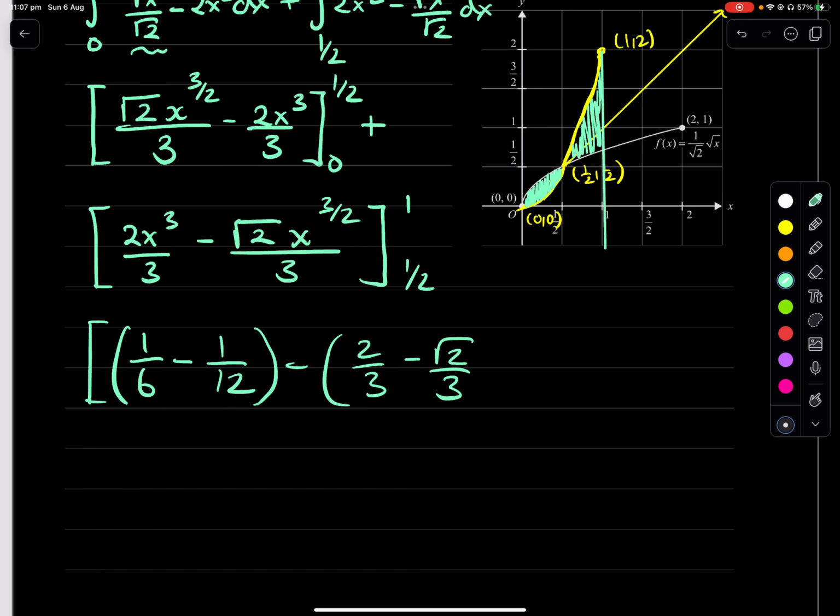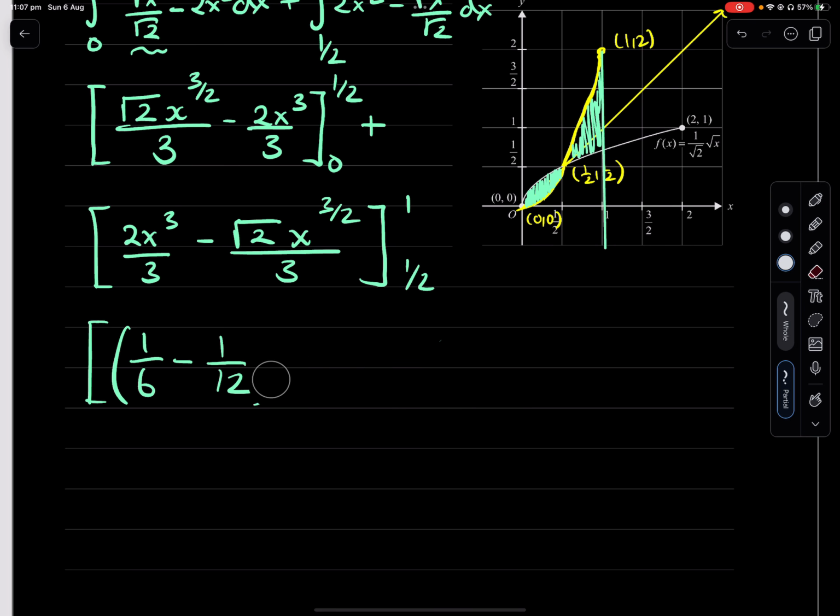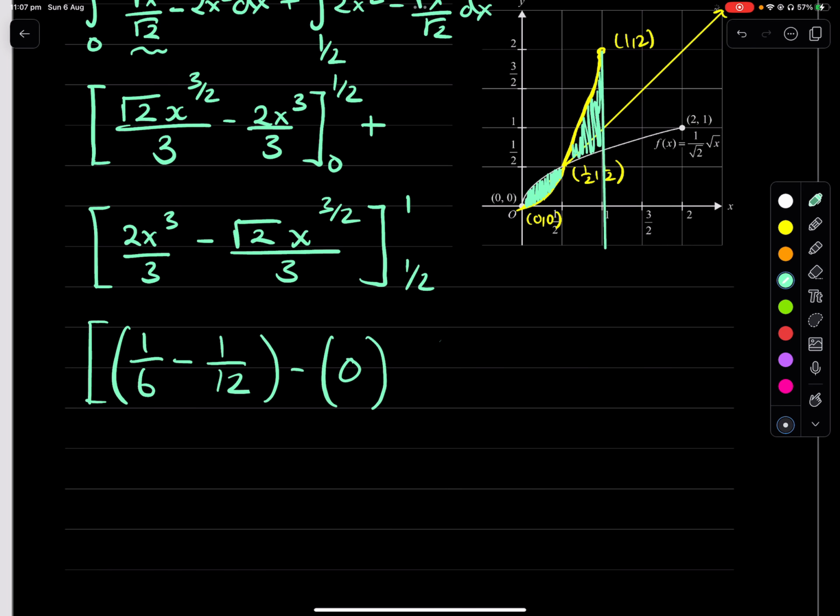Wait, what am I doing? Oh my god, wait, what happened? I'm doing something wrong. Okay, think. So I put the half in here, and I put the half in here, and I got this. So it's a minus, put those, that'll be 0. Close bracket. Plus. And then this one will be